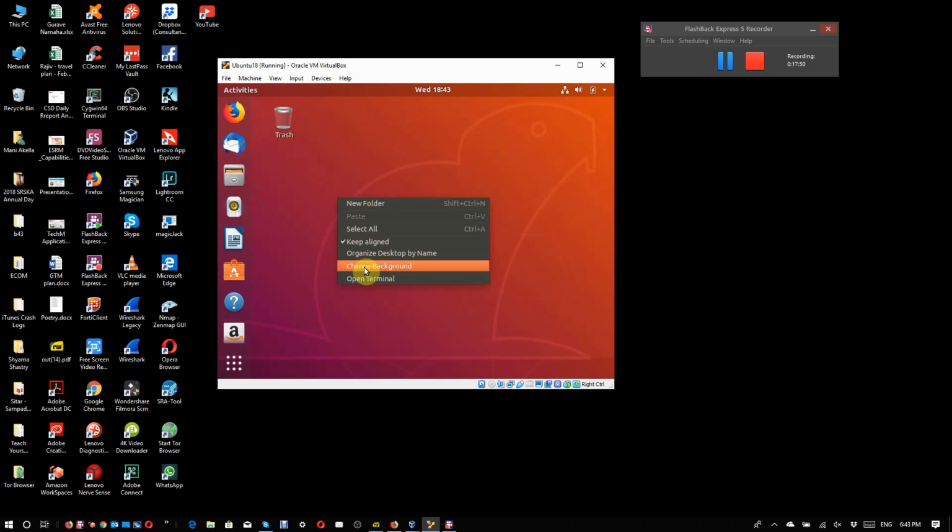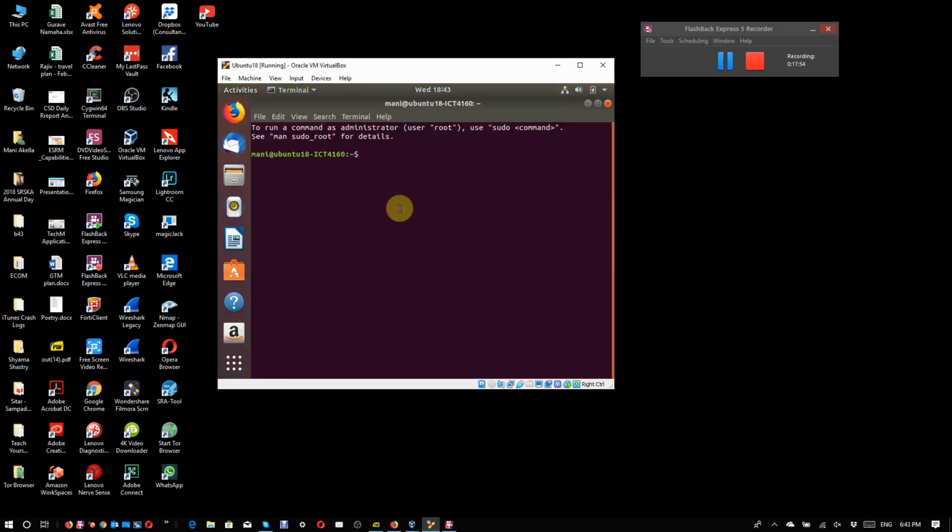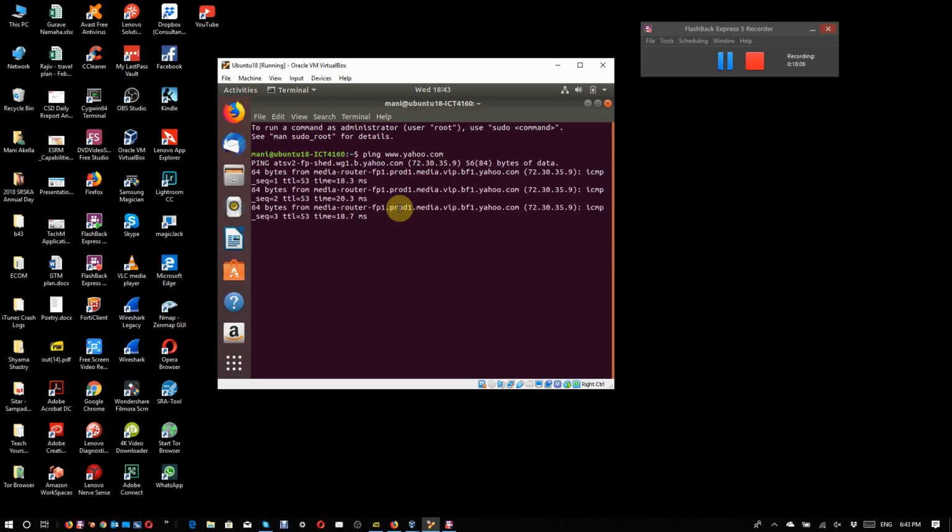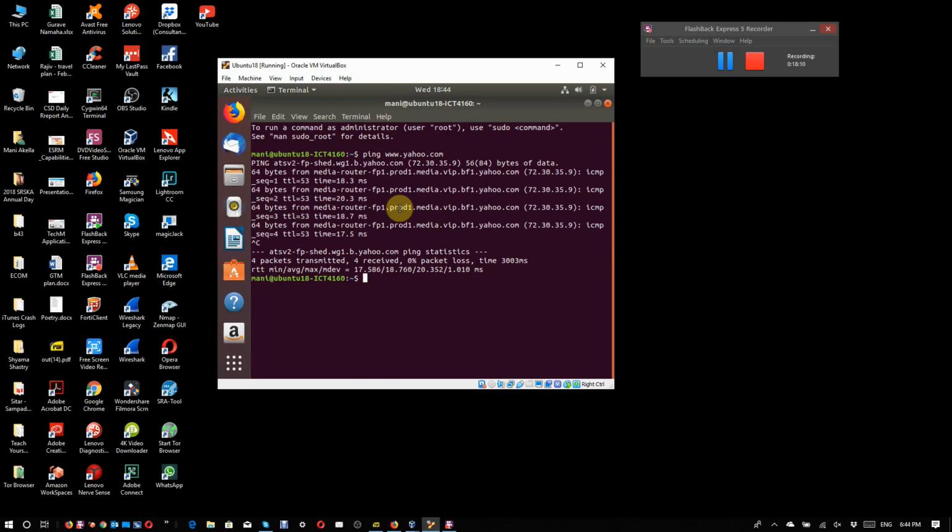What I'd like you to do is click on open terminal and ping. Make sure that your ping is working. That tells you you're connected to the internet and your network settings are okay. Once you've done that,